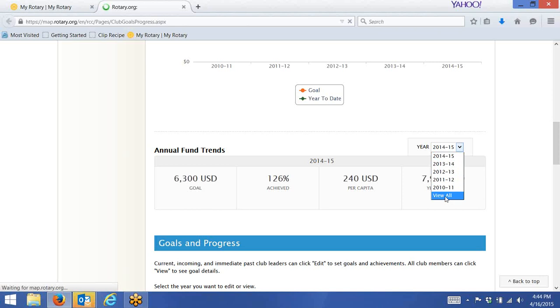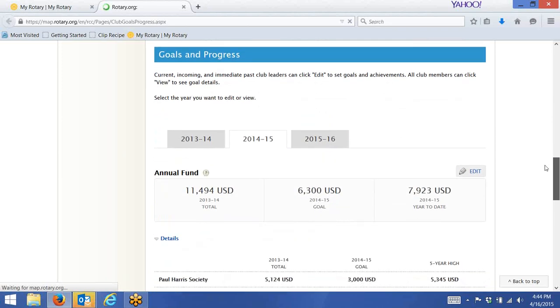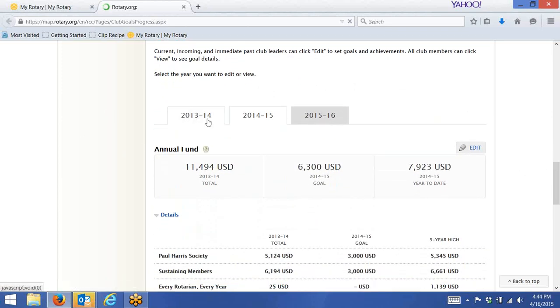And I'm going to click on, oh, that's for your annual trends. If you want to see trends, you can only see back to your trends. But I'm going to go down here and do the same thing. And here's our annual fund goals for this year. See, I'm in 14-15, and I'm going to click on 15-16 so that we can see what's available for us in